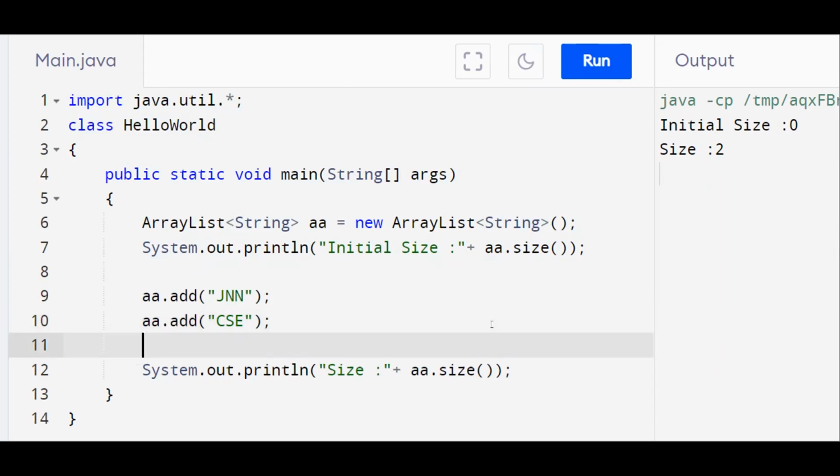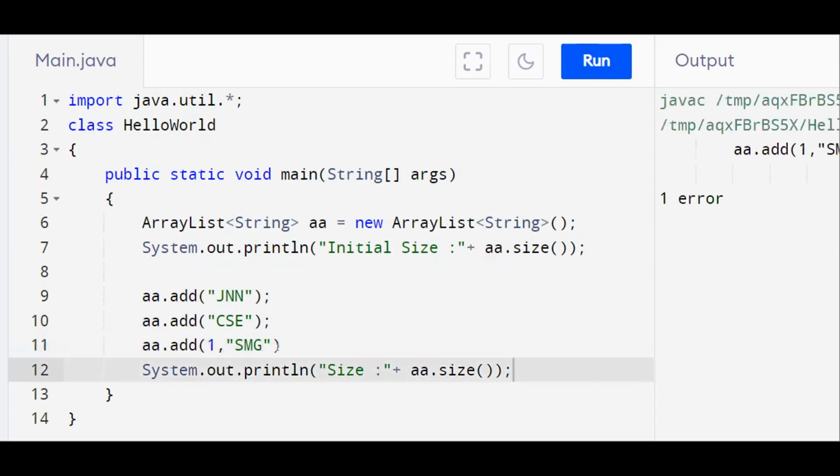Another way to add elements is by explicitly specifying the index. We can specify at which index position we want the element to get added. For that purpose, we can call the add method, but as the first parameter we pass the index. So index position 1 we can specify.